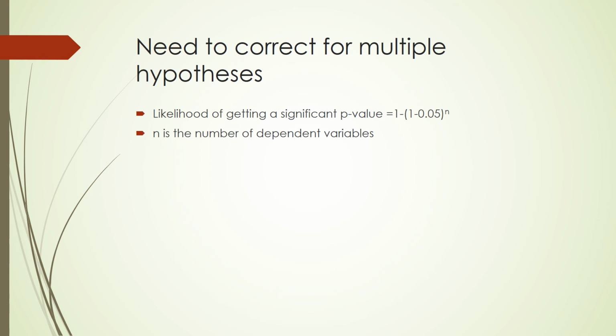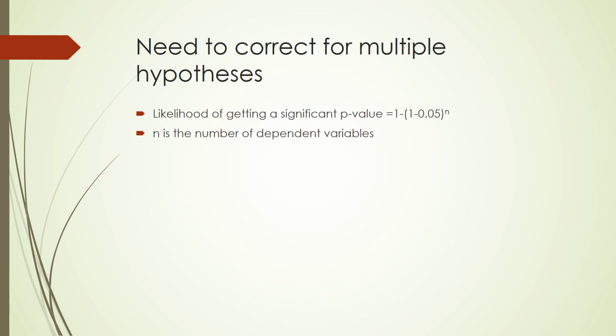Here's the thing I want you to pay attention to. Whenever we're talking about these p-values, the likelihood of something just being due to random chance or probability, it really depends on how many dependent variables we have. Here that n stands for the number of dependent variables, so outcome variables, like body weight, how much they could bench press, or whatever other variables we're interested in. All right, we good with this?